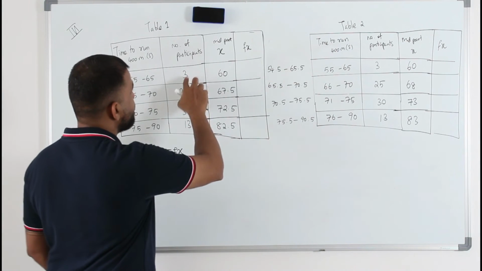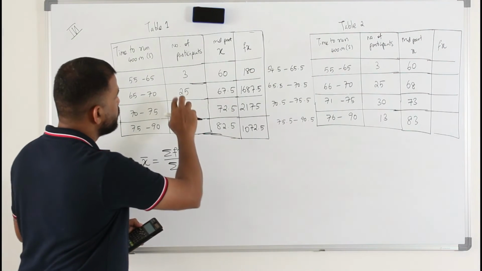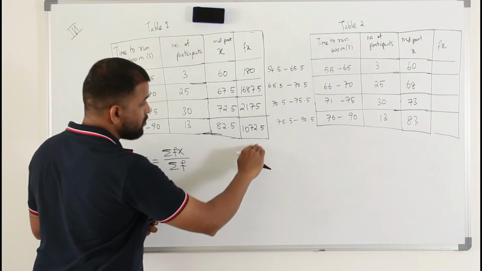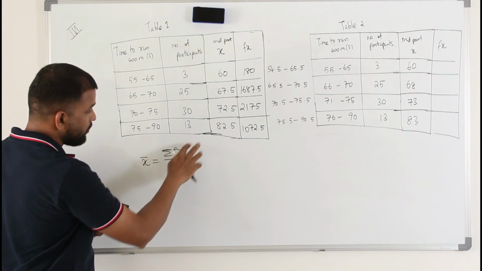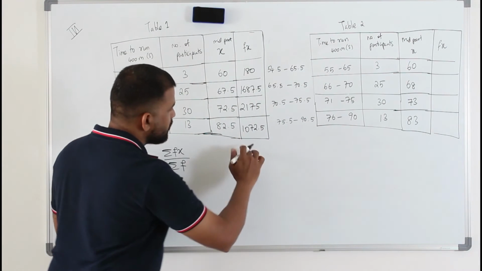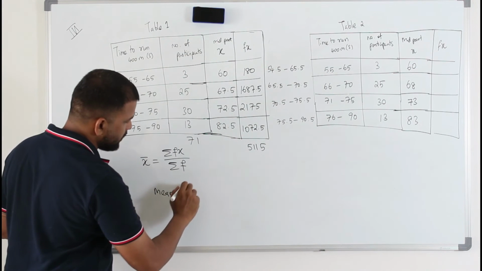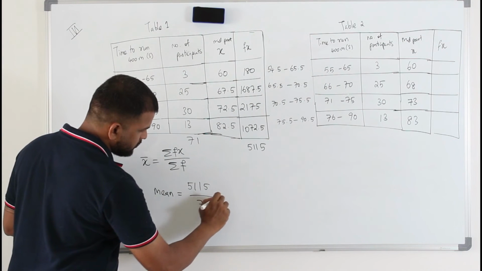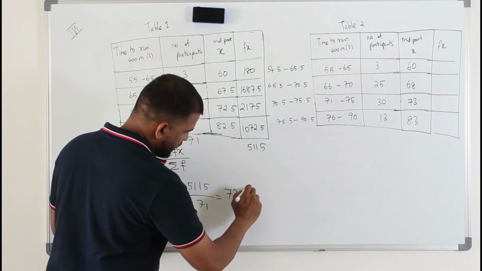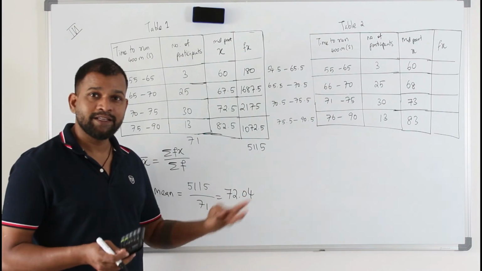So we are going to find fx first. F times x, 180. This times this. So we have multiplied f times x and written the values here. Now you need to find the sigma of this and then sigma of f and divide both, and you will get the mean. So the sigma of fx is 5115 and the sigma of f is 71, divide both. So the answer is 72.04, etc. Again, depending on which curriculum you follow, just round the number to 1 decimal, 2 decimal or